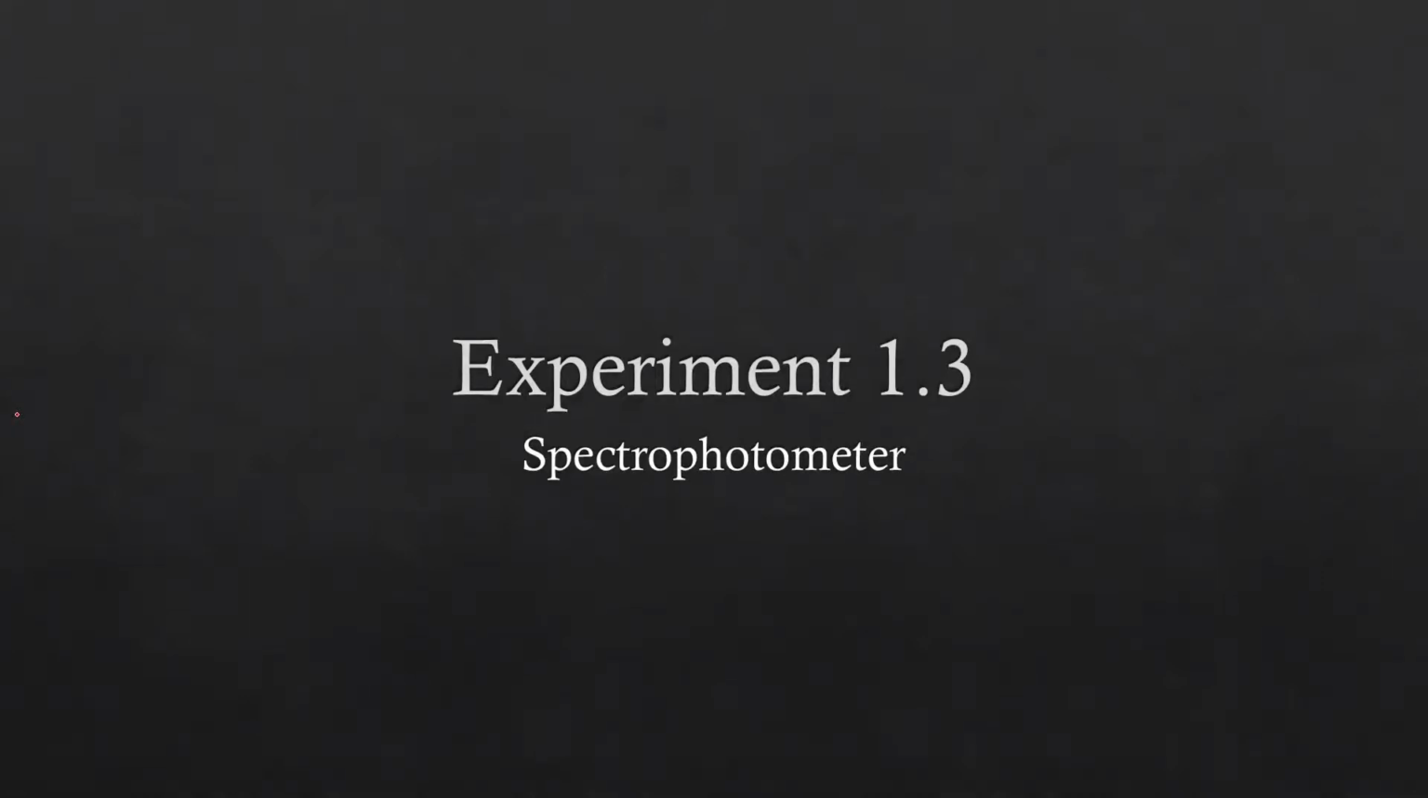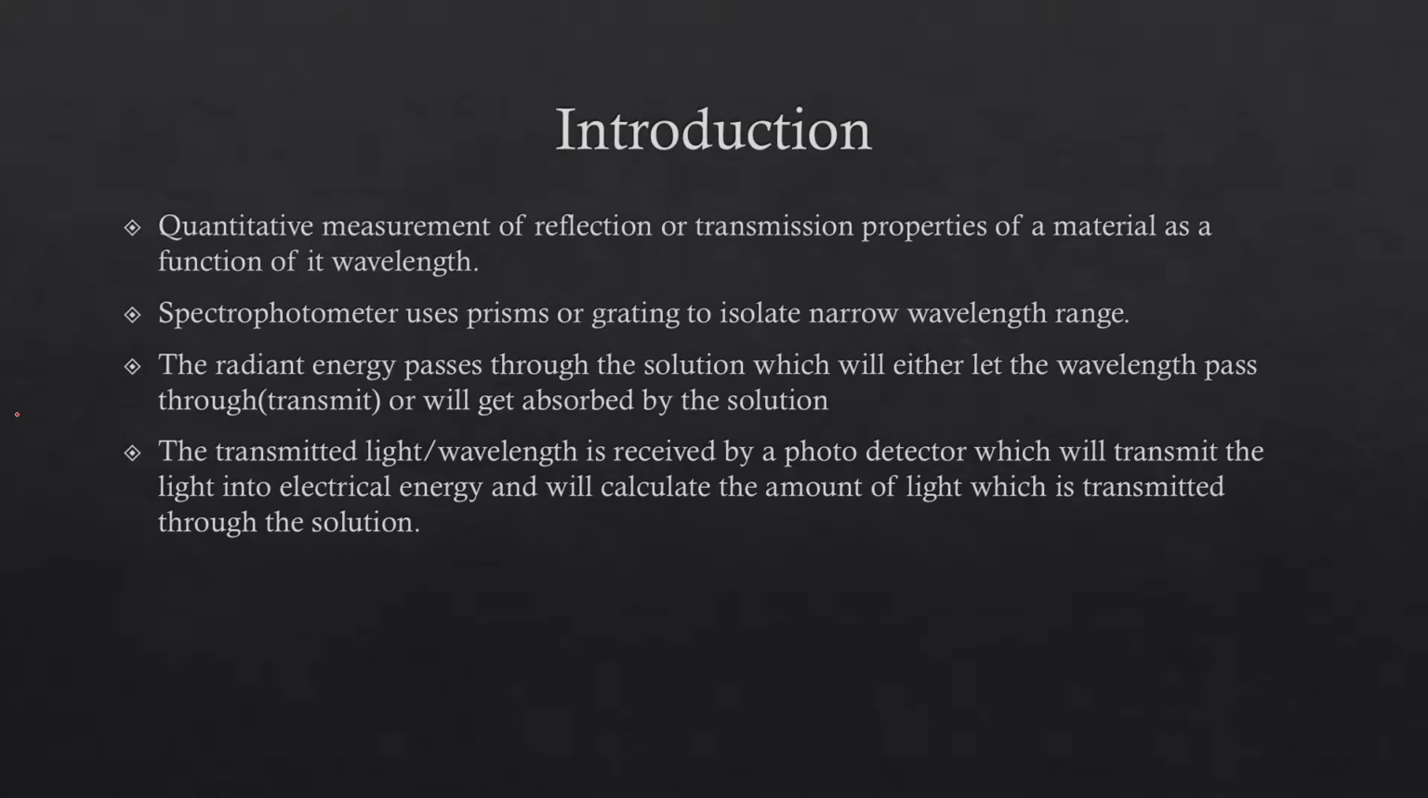Hello, second year. Today we're going to discuss experiment 1.3, which is the spectrophotometer. The spectrophotometer is an instrument which is used for quantitative measurement of reflection or transmission property of a material as a function of its wavelength. The spectrophotometer uses prism or grating to isolate narrow wavelength ranges, and the radiant energy passes through the solution,